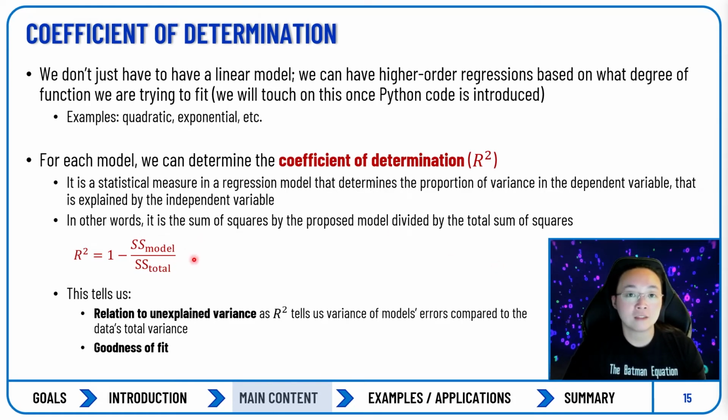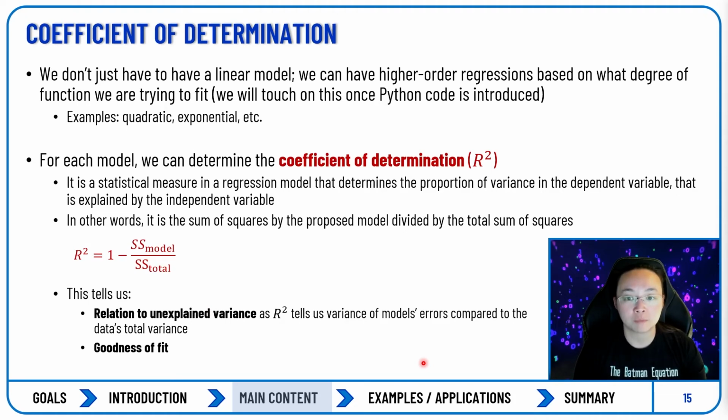We did say that regression is based off of a least squares method. Basically, we're trying to reduce the residuals. With residuals, we commonly define it as the sum of squares, just so that we can see how large it can be. So it is the sum of squares by the proposed model divided by the sum of squares from all, the total sum of squares. So we have R squared equals 1 minus the sum of squares of the model divided by the sum of squares of the total. This tells us two different things. It tells us the relationship